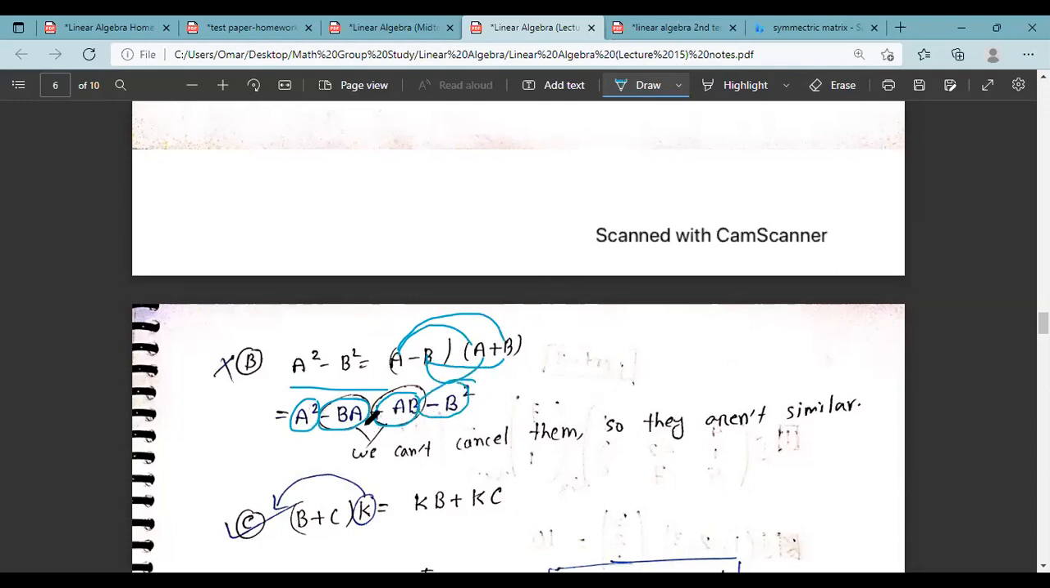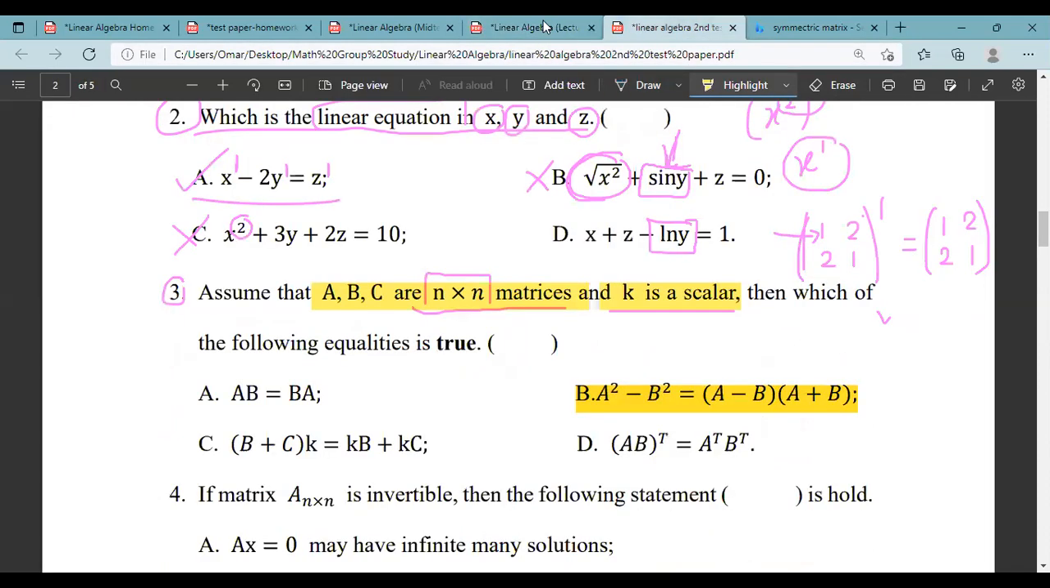So you can see that we cannot cancel out. On the left side we have a square minus b square, but on the right side we have a square minus b square, and also we have an extra part, that is minus ba plus ab. So we cannot cancel them out because these are not some kind of